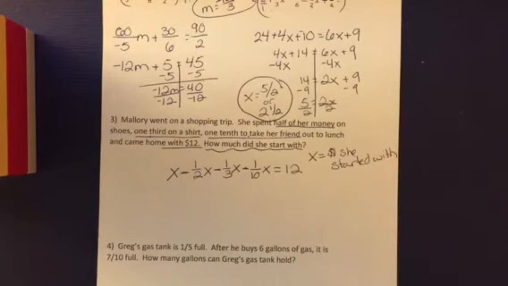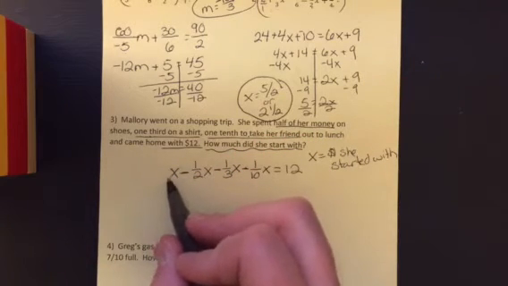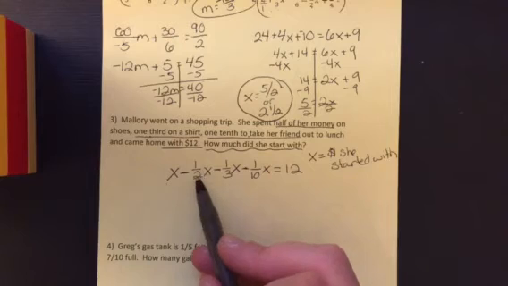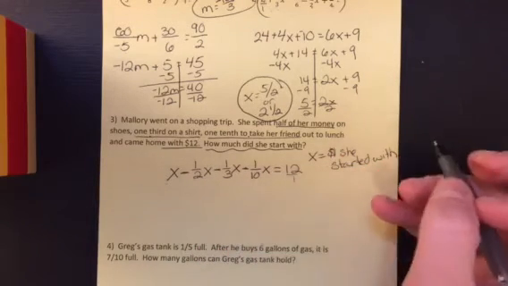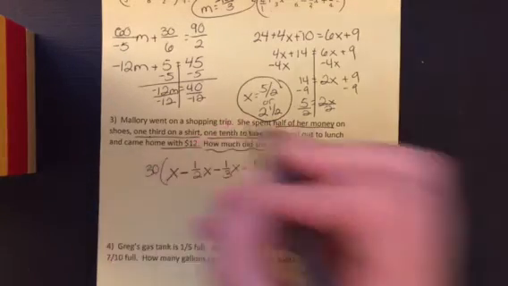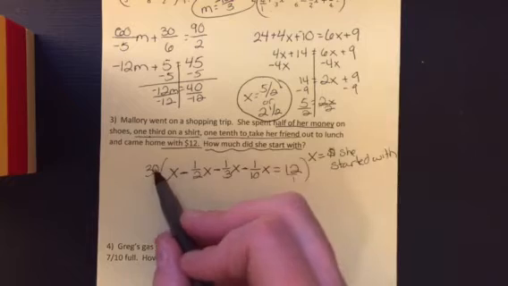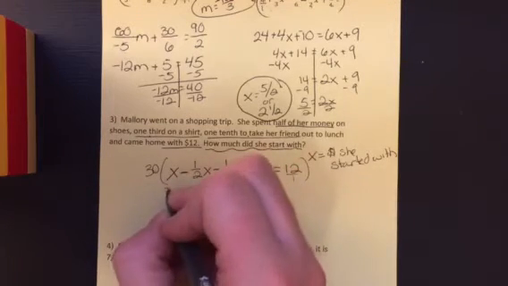Now that I have it set up, I want to look at what I can do for solving. Well, this is kind of like 1/1, so that denominator doesn't really matter. So we've got 2, 3, 10, and this would be over 1. It looks like 30 is going to be our smallest, so I'm going to multiply every single thing by 30. Don't forget the 30 times 12. That's what most people forget there. So that's going to become 30x